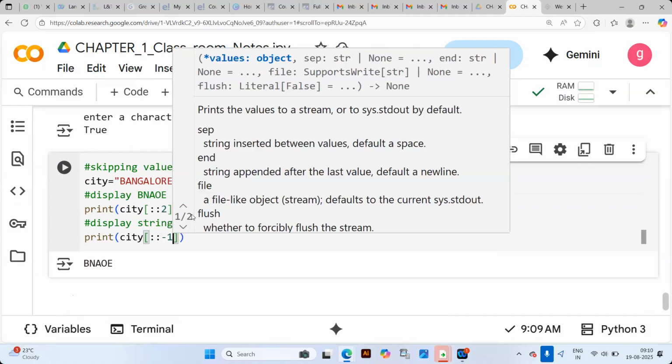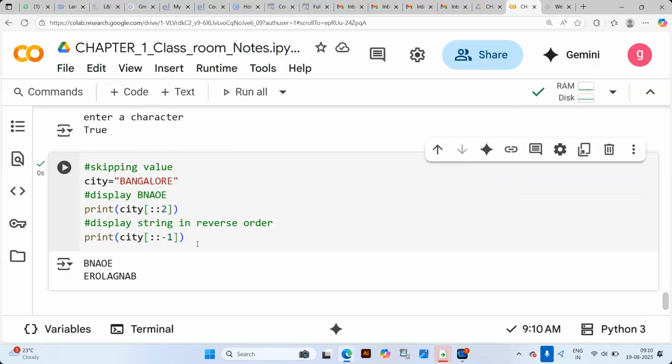This indicates what? It will simply display Bangalore in reverse order. You see? E, R, O, and so on. So there are certain patterns we have. In order to fulfill those, we're supposed to go with the skipping operator concept.